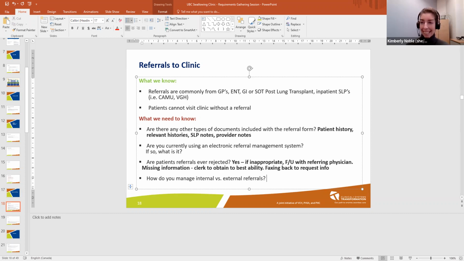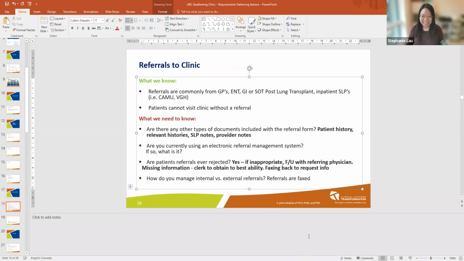Yes. I mean, essentially, if it was somebody coming from CAMU, we wouldn't necessarily fax it because the SLP could just walk it to the clinic. But for the most part, the referrals are faxed. Oh, okay. So you do see CAMU patients when they are still in the unit? Yes, we do, but they wouldn't have to be referred through the outpatient clinic if they were inpatient. So we would follow them, but that's sort of a separate workflow that we would chat about in the inpatient SLP session. Gotcha.